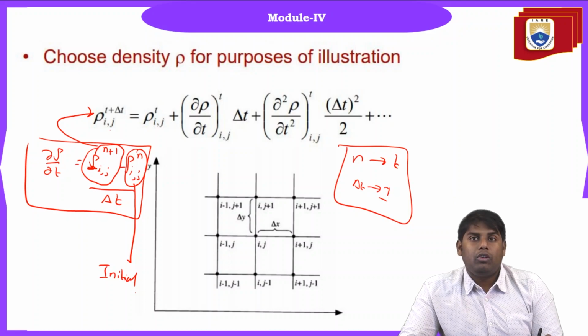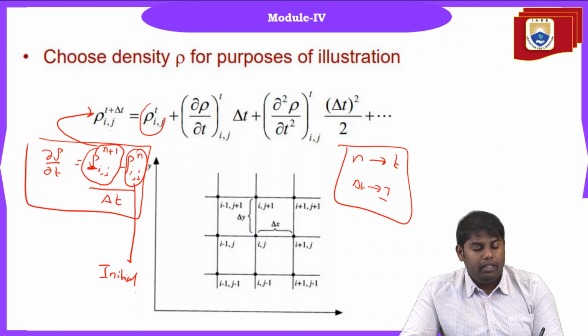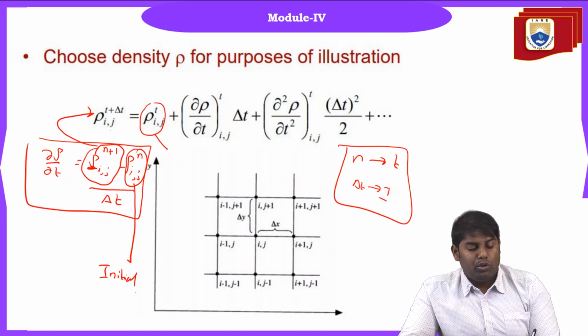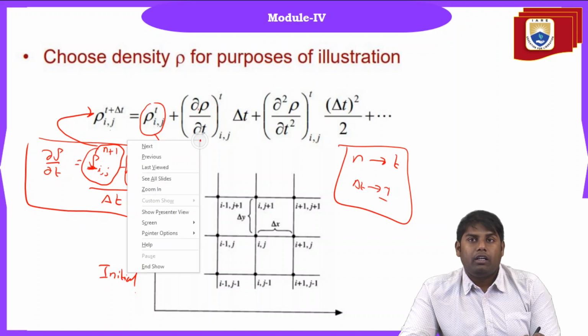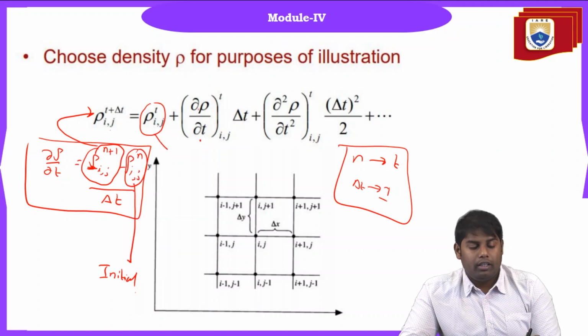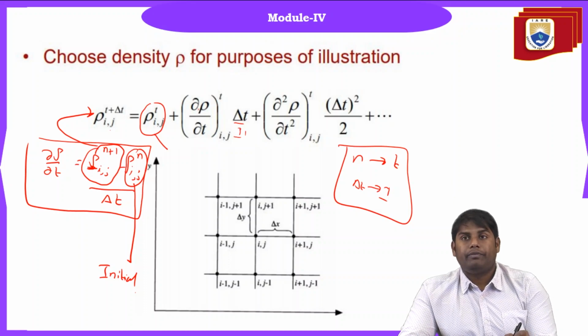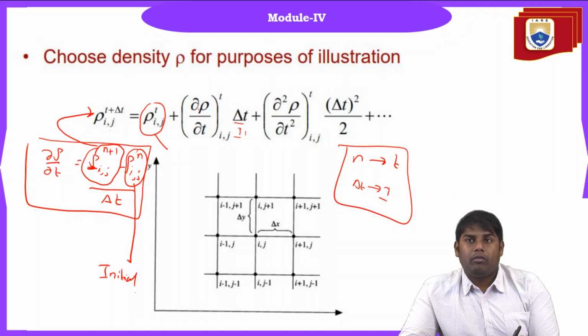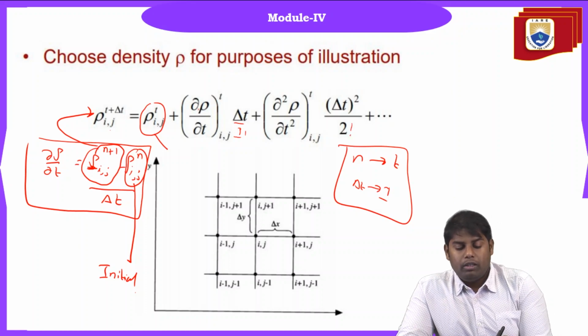So which is equal to rho of i, j, t. This is the initial value plus ∂rho/∂t into the delta t, the time derivative. Here it should be 1 factorial. Fine. ∂²rho/∂t² at i, j into delta t squared divided by 2 factorial plus